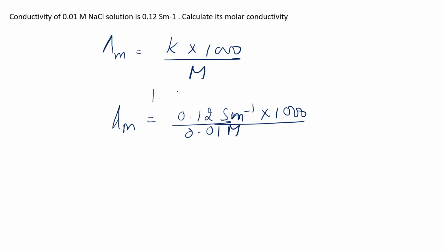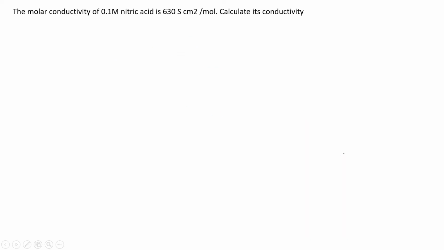The value will be 1.2 into 10 raised to power minus 2 Siemens centimeter square per mole. Coming to the next question,